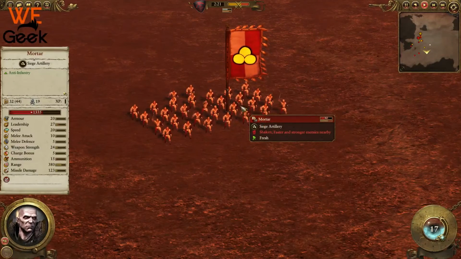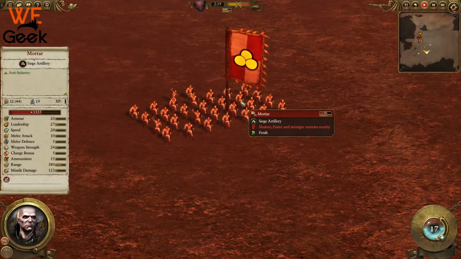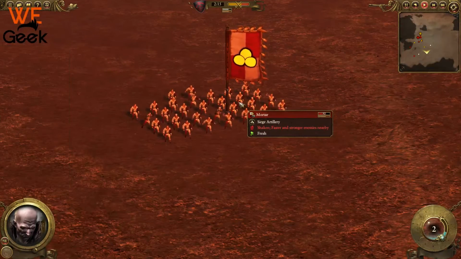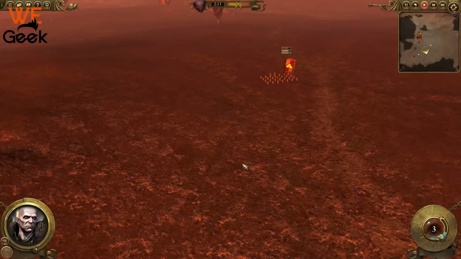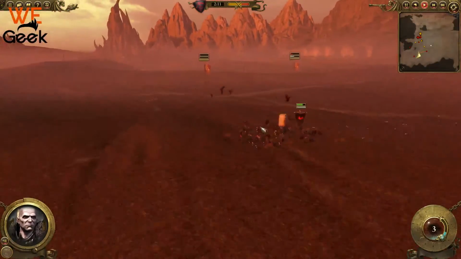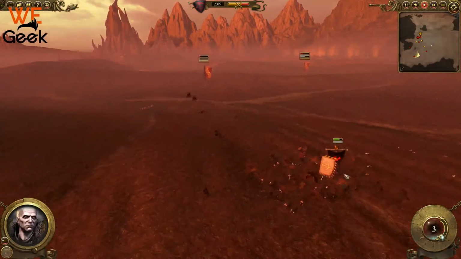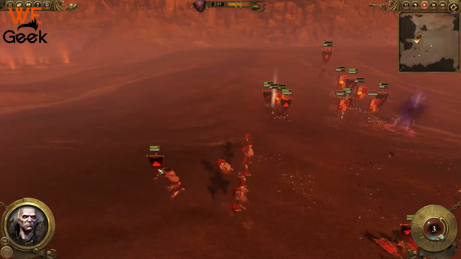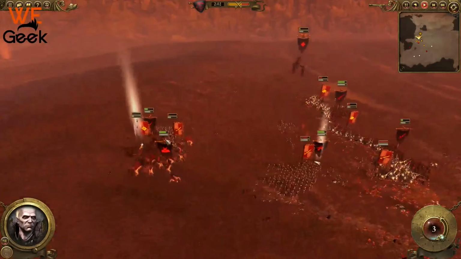Let's look at their stats here. They're just terrible, terrible infantry unit now with 10 attack, 5 defense. They're not going to be doing anything. We don't care about them at all. Fellbats, we just want them to chase these guys down so we don't have to worry about them coming back. Whereas our Vargeist and Terrorgeist will be taking down